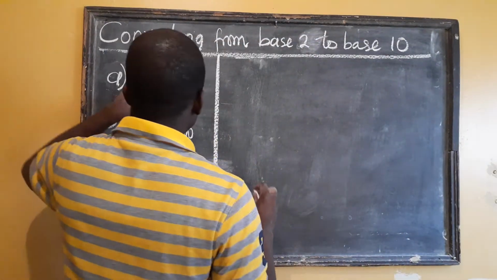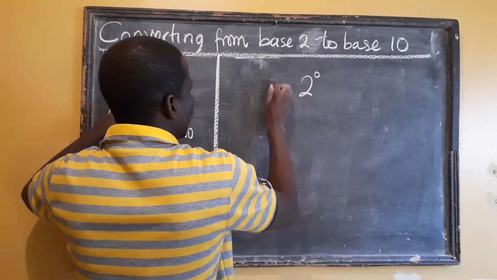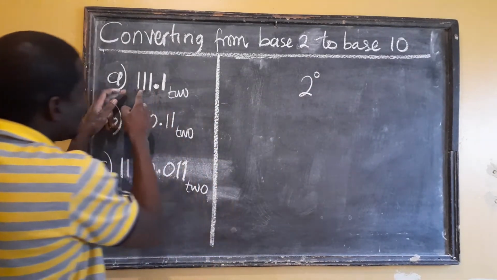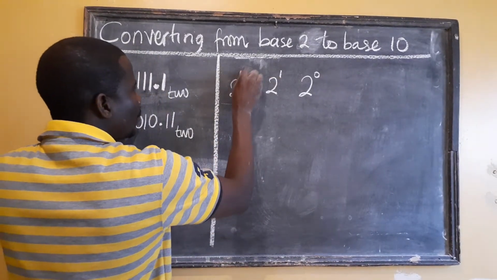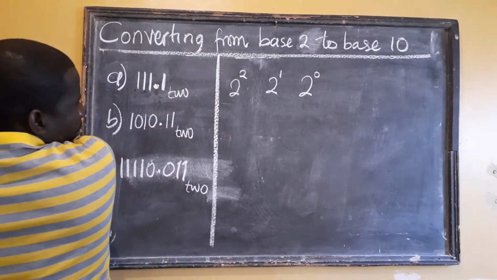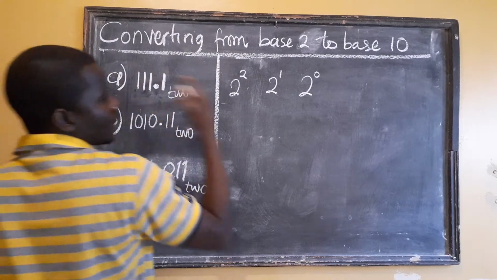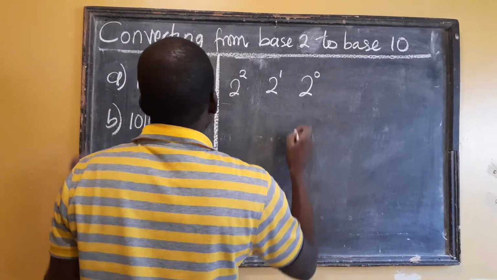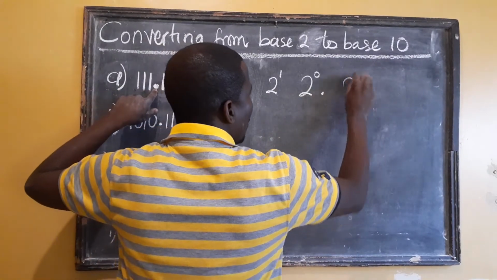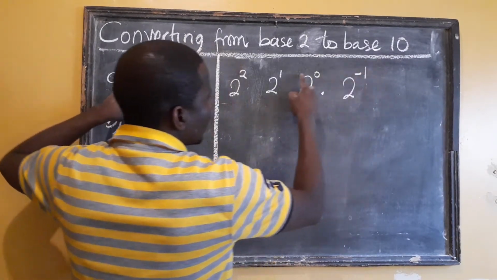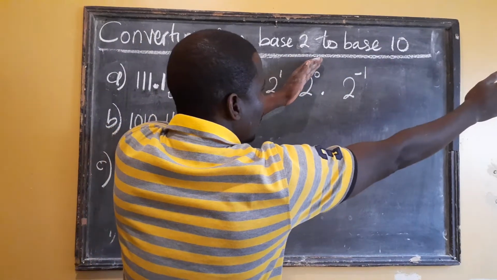So we'll look at the decimal point here. I'm going to start with 2 to the power 0. And how many do I have here? There are 3. 2 to the power 1, 2 to the power 2. If they were going on like that, it will go on 2 to the power 3, 2 to the power 4, just like that. Then after a decimal point here, I'll have 2 to the power negative 1. Just the way they are sitting on the number line, from 0 going to the